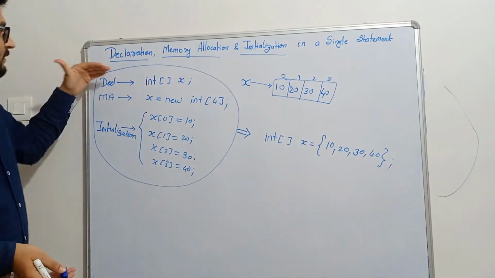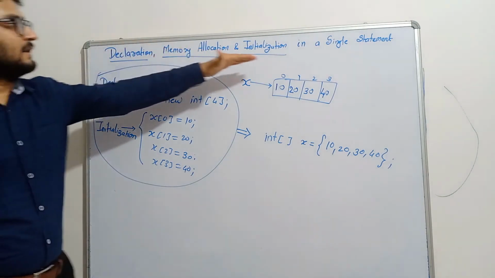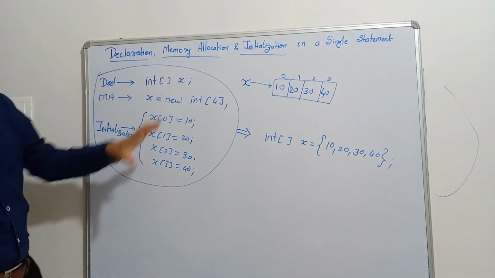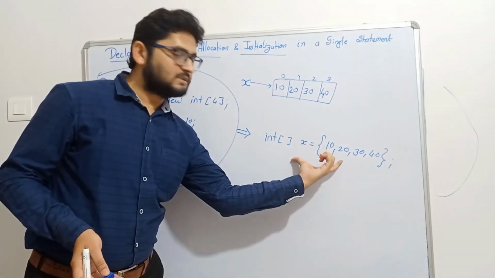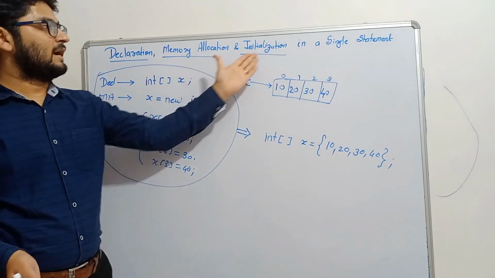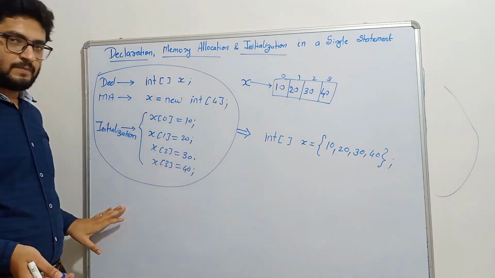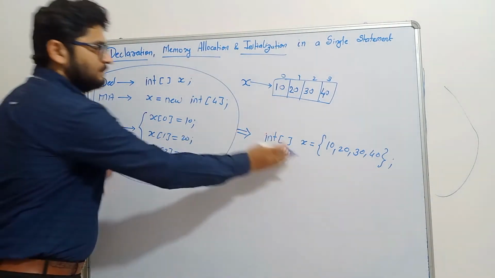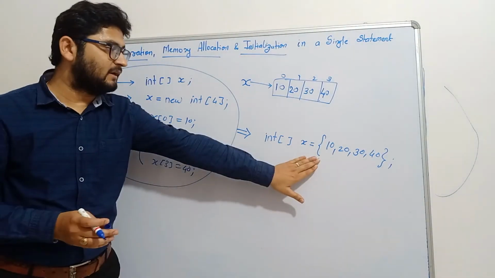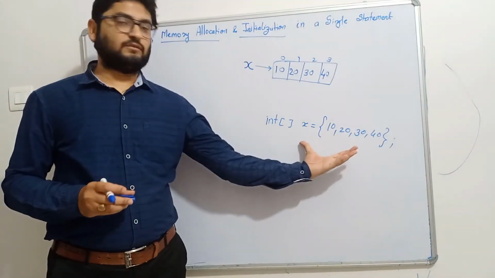Okay, here we have declared, allocated memory and initialized the one dimensional array in separate statements, whereas here in the same statement we have done declaration also, memory allocation also, and the initialization also. So that is the difference between these two. The output of these two is the same, but the same thing we have done in one statement instead of 6 statements. Okay, let us now see the limitation of this.